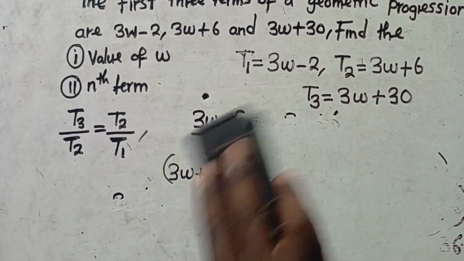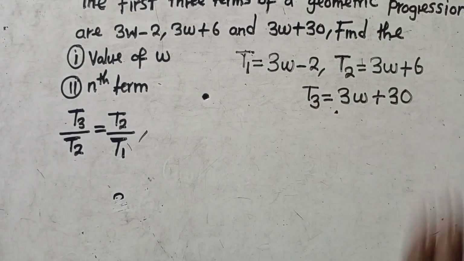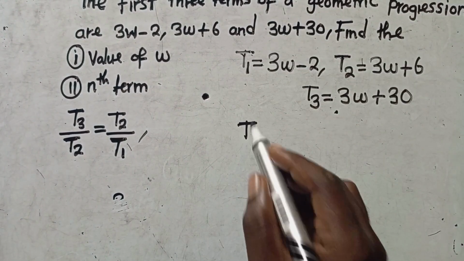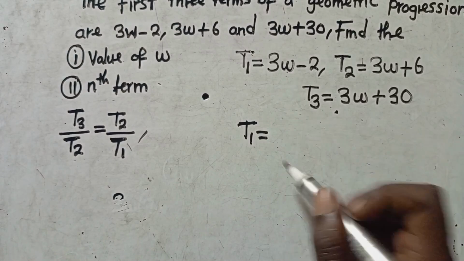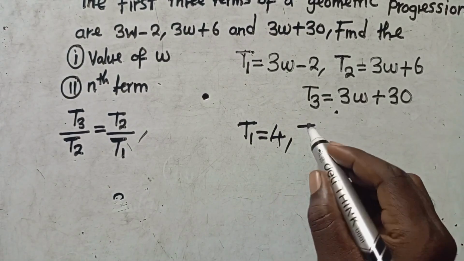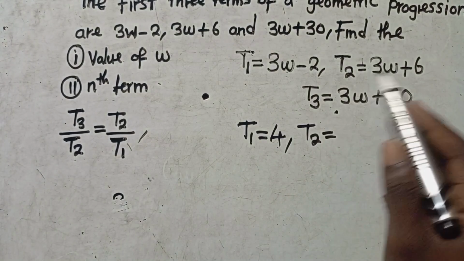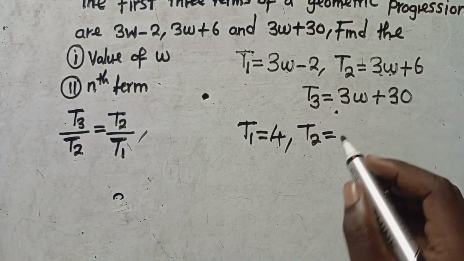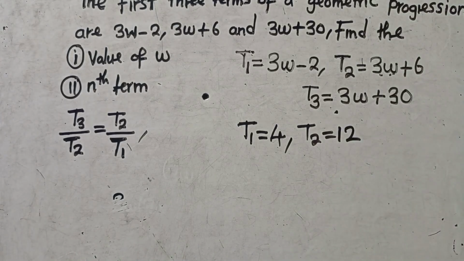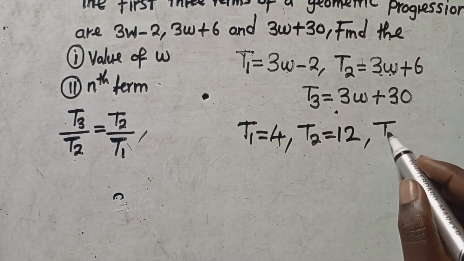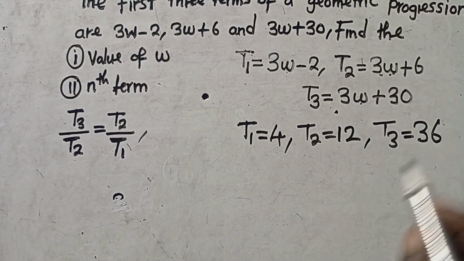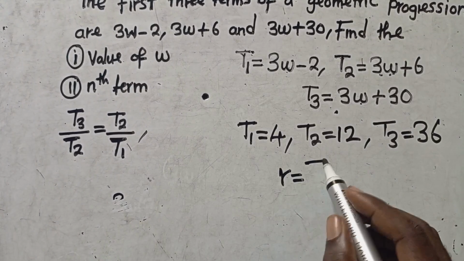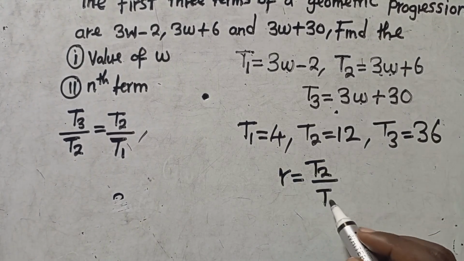these terms. Since we know w is 2, so here we can conclude this and say, okay, first term, our first term is what? We can say here 3 times 2, 6 minus 2, that is 4. Second term is what? Second term, this is 6 plus 6, that is 12. This is what we are doing. So have you seen? This is what we have. Then we can say, okay, what is our third term? Our third term, which one is our third term? 36. So getting 36. We are able to find r, which is equal to second term minus first term, which